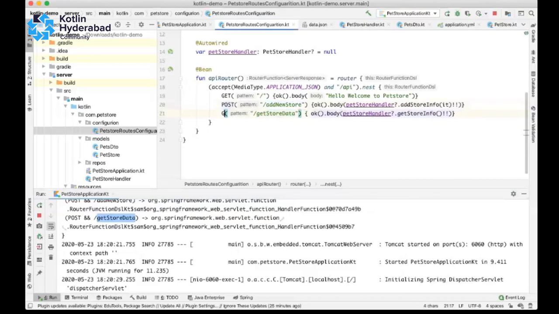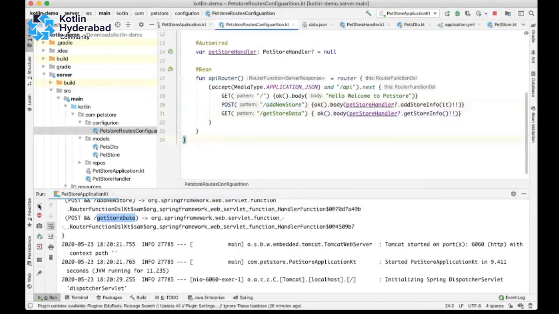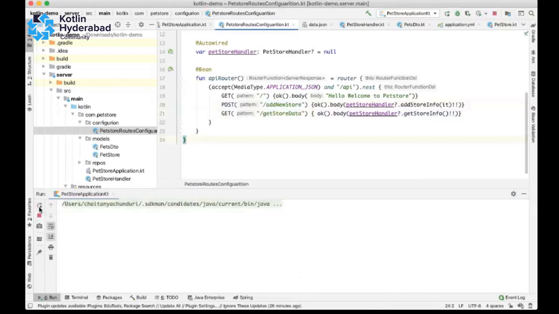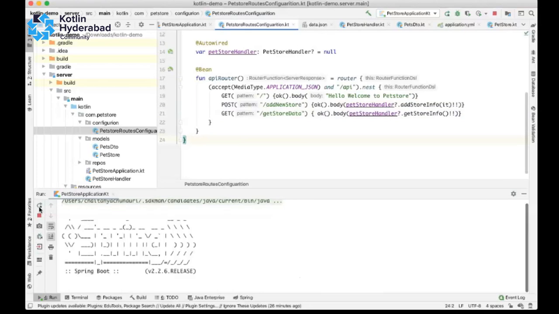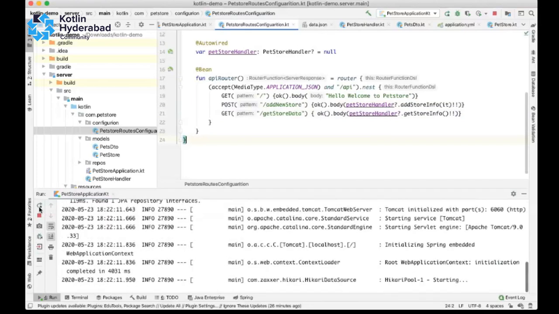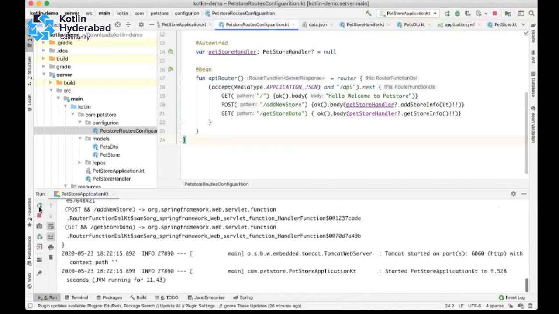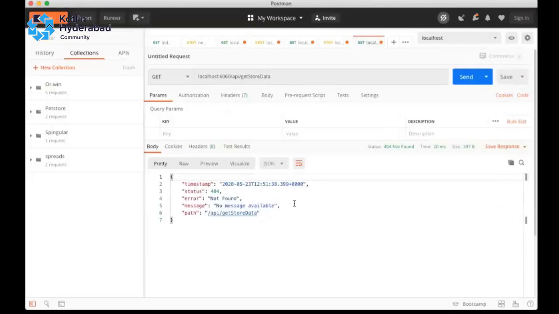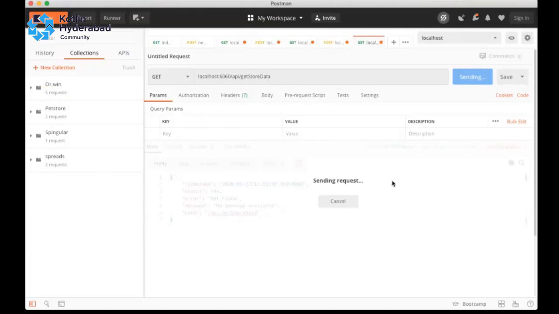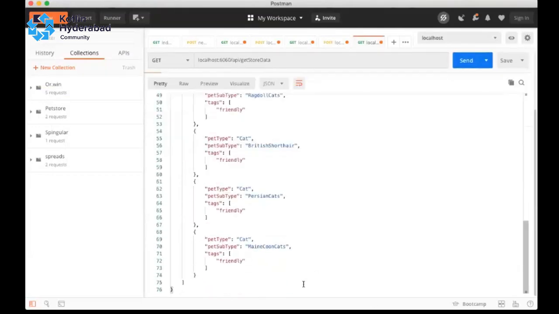Okay, I placed it as a post. The problem is this. Guys, are you getting this or do you have any questions or doubts? So we can see the complete pet store info is coming as JSON here.